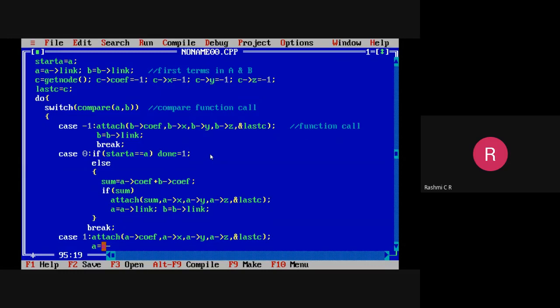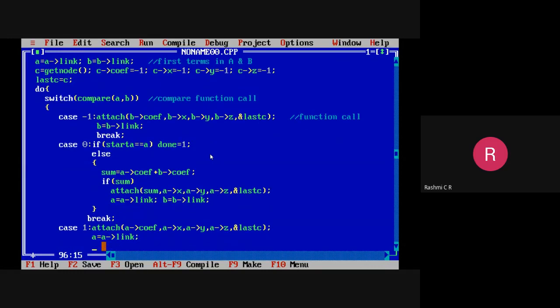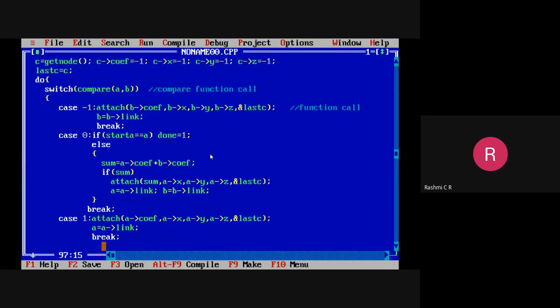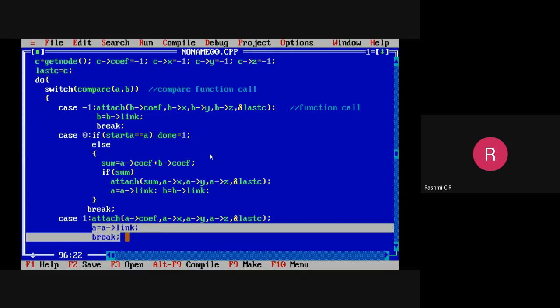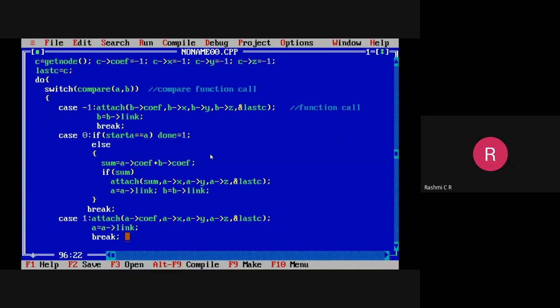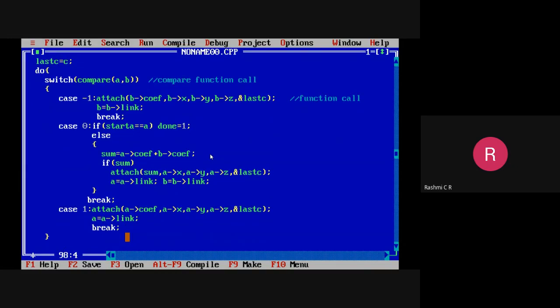How do we move to the next node? By its link part. When any one of the terms gets added to the final result, definitely we should continue with the next terms. For continuing, we are just moving to the next nodes, the next terms in the particular polynomial. So next, how can we move? By its link part. So these are the three cases, which I am ending, and now the do while loop should be returned.